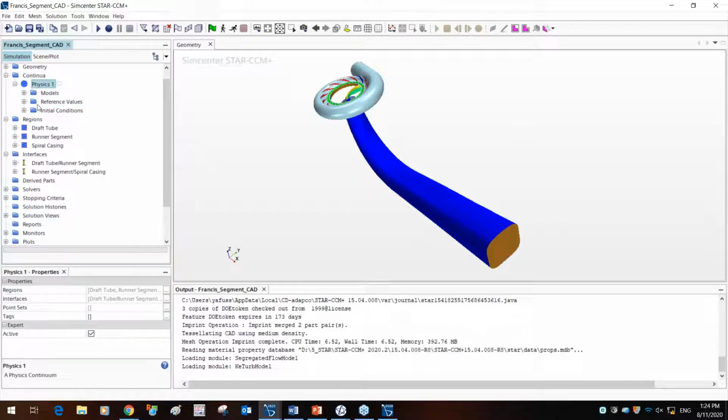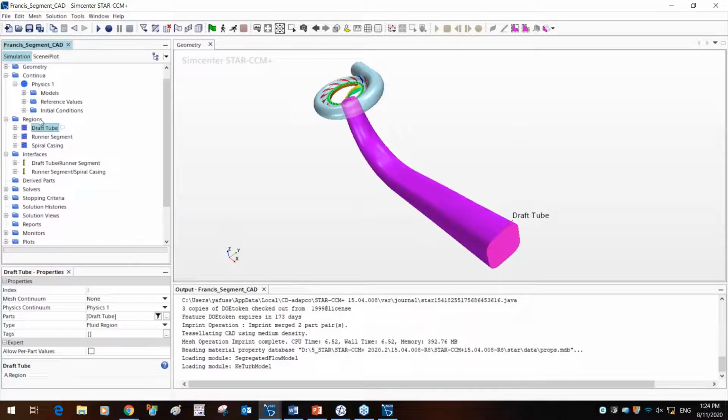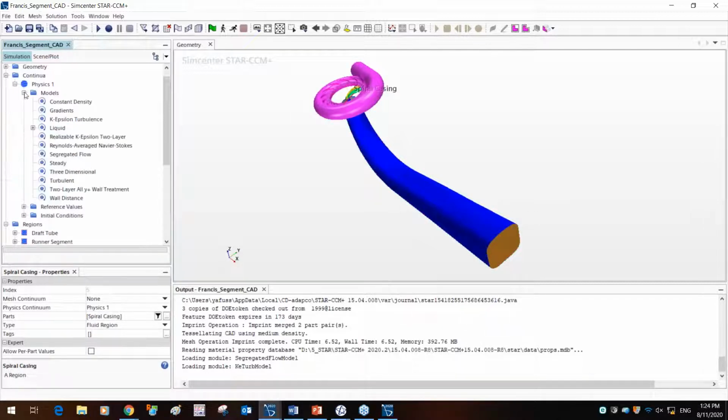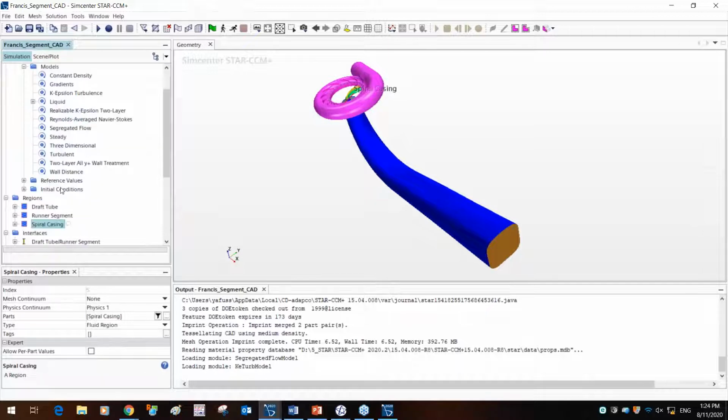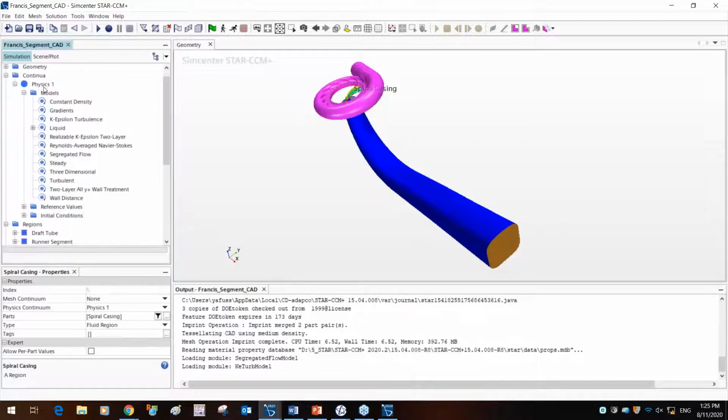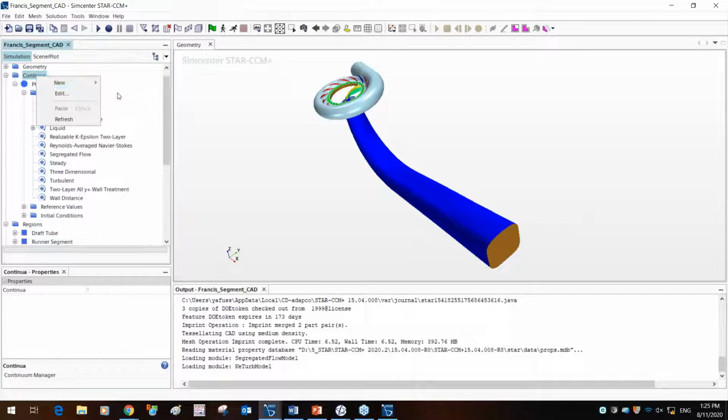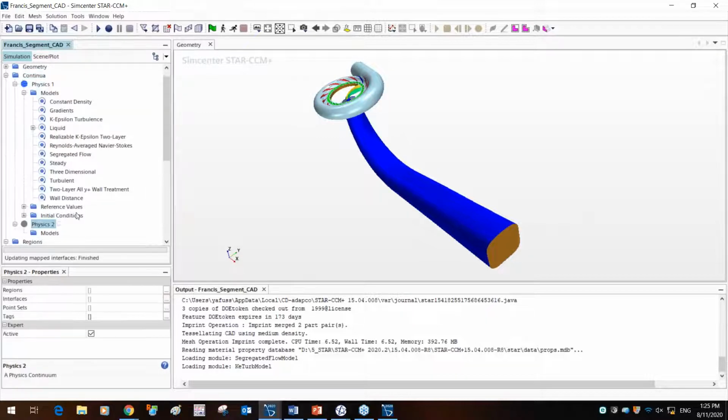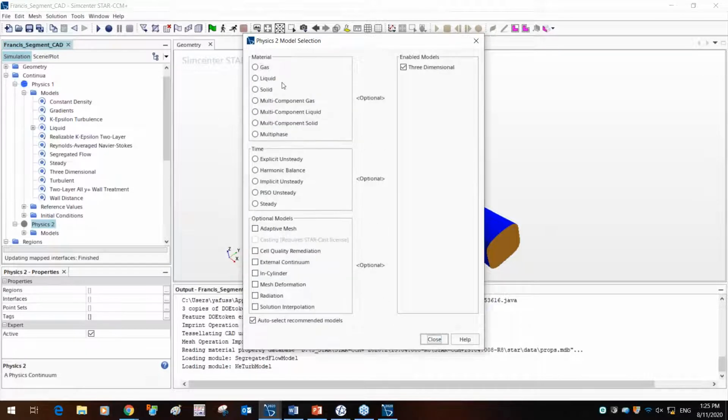Now, in terms of the physics, you can see now that each of these regions is associated with this physics. So all the draft tube, the runner segment, and the spiral casing will be using these specific models. Now, let's say, for example, you had another solid part or the casing, actual casing for the draft tube, then you would create a new physics associated with a solid. And let's say you want to select the model and you want to run 3D.